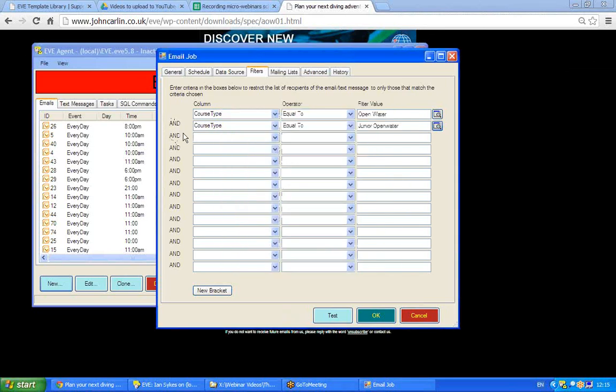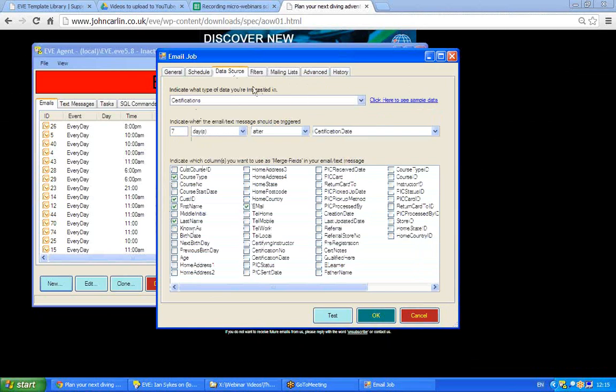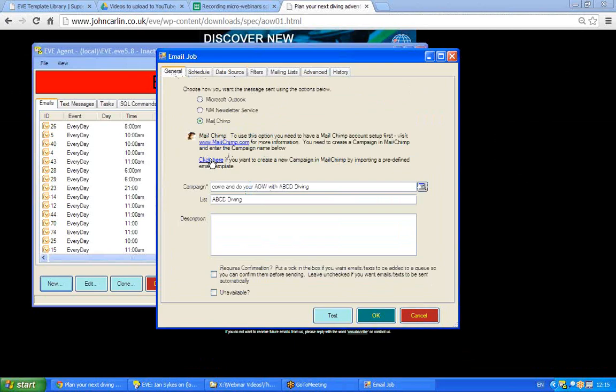And you'll see at the moment this says "and", which I don't want, because this would mean someone would have to have been certified on both. But if I click on the "and", that now says "or". So this will now work whenever someone has been certified either as an Open Water Diver or as a Junior Open Water Diver, that 7 days after their certification, they will receive the email that we created when we hit